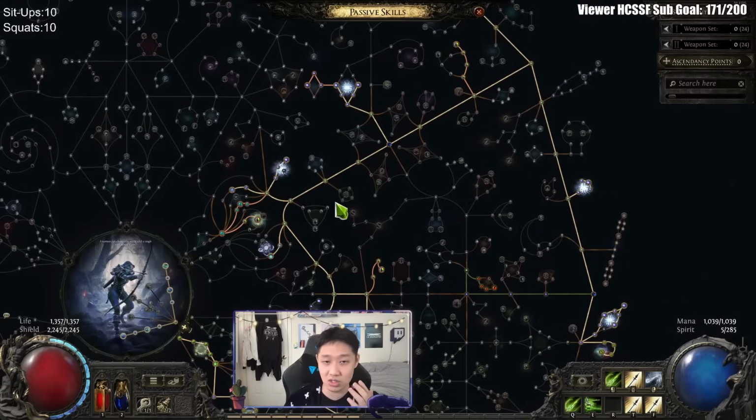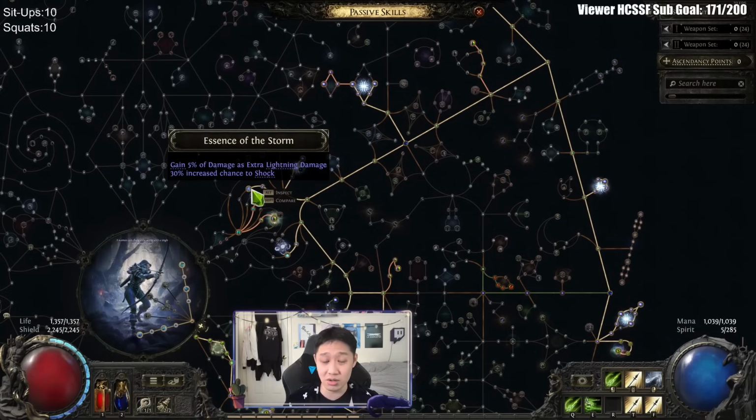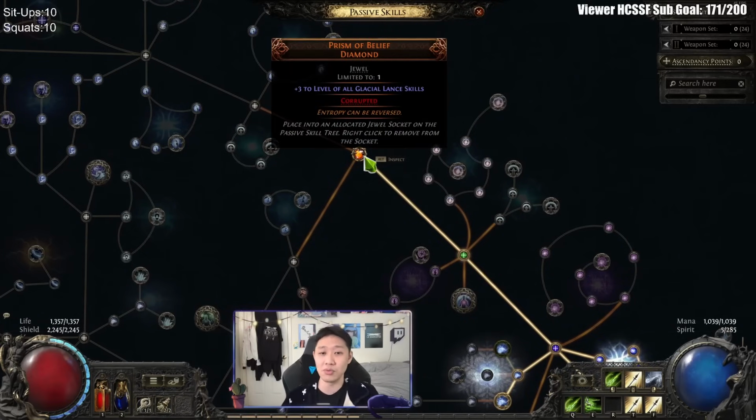So just having this is just very nice. And also when we're bossing, we're mainly relying on our Glacial Lance to shock as well, because we don't have any other shock setup. So that is another way to make it more consistent. But we also lastly added a Prism of Belief up here for +3 Glacial Lance skill, just again to boost